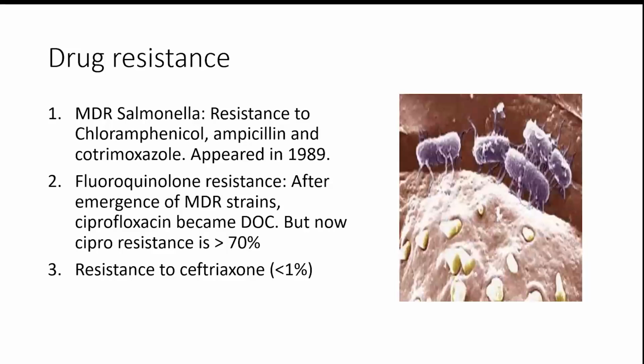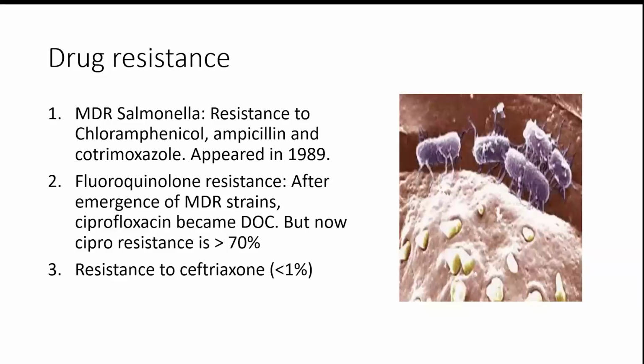Now come to the drug resistance. The first type of drug resistance which appeared in typhoid Salmonella appeared in 1989. This was the first MDR Salmonella, which was resistant to chloramphenicol, ampicillin, and cotrimoxazole. After the emergence of these MDR strains, people selected ciprofloxacin because it was sensitive, and it became the drug of choice. But nowadays,